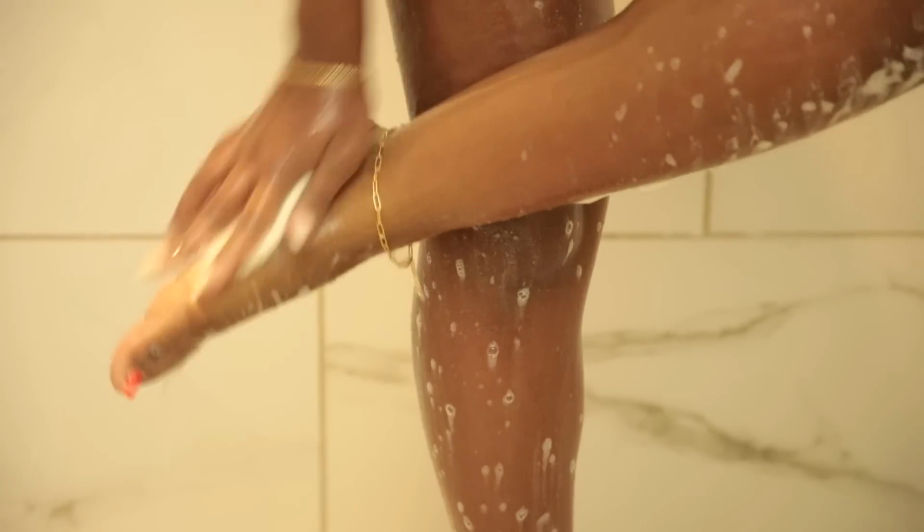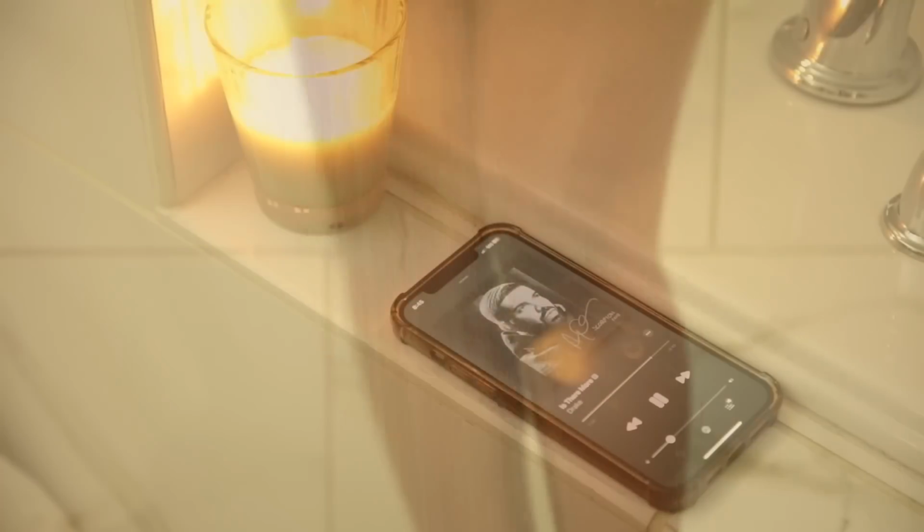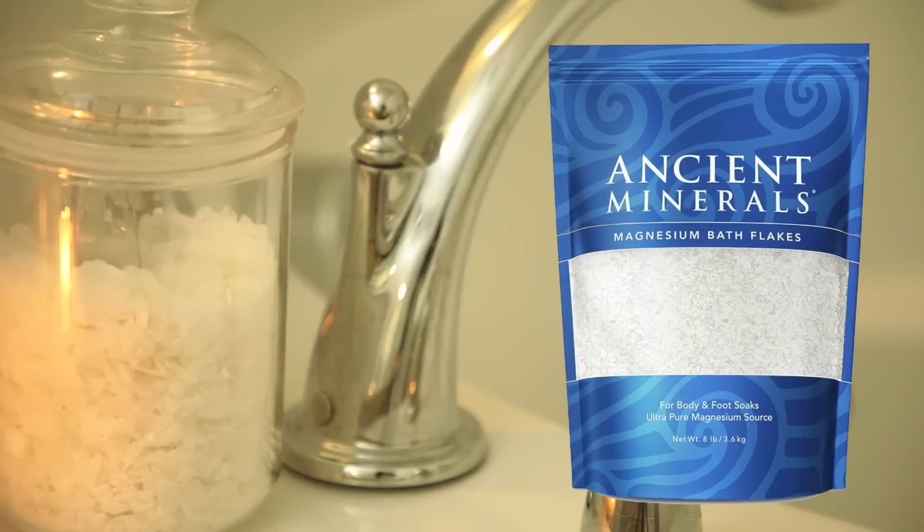And last but not least, I do wash my downstairs area, and I use the Honey Pot Sensitive, so I do use that. So after I'm done with my shower, I'm going to start my bath, and I like to